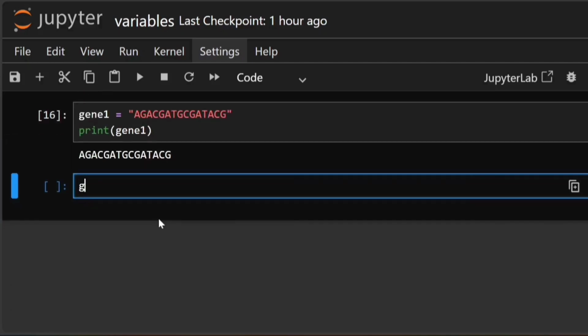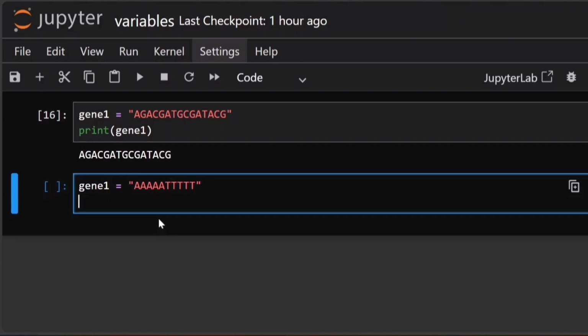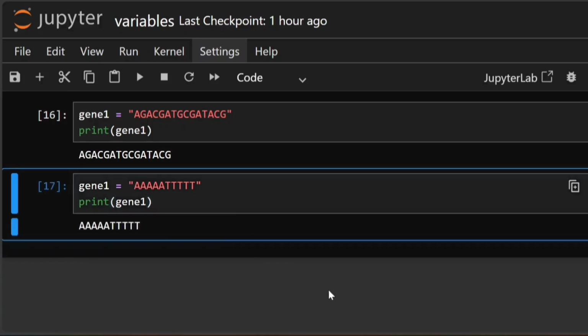Now when I write gene1 equals another different random DNA sequence, I am updating gene1 with this new sequence. And now when I print gene1, the output is the new random DNA sequence because Python updated the variable with the new sequence.